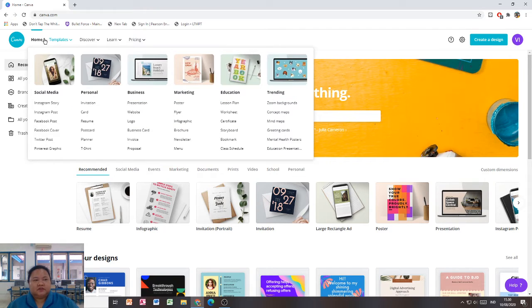So if you look at the templates here, you can even design things for your social media, like an Instagram story, or a presentation, just like what I did when I gave you a presentation about my family. So I also use Canva, and this time I want to invite you to use Canva to create a design for